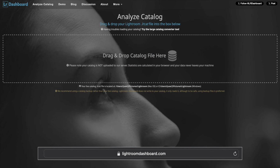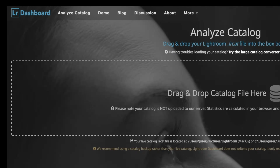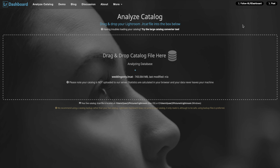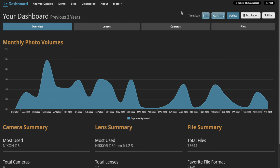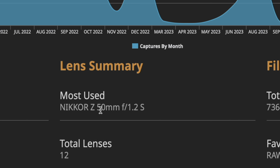So in order to find out which lenses I've been using the most as a wedding photographer, I'm going to use this very interesting website called Lightroom Dashboard. How it works is that you upload your Lightroom catalog onto the website and it will run an analysis and let you know which cameras you've been using, which lenses and how often. So for the purpose of this video, I will only be looking at my past 3 years of work as a wedding photographer. And my most commonly used lens is this lens, the 50mm prime lens,